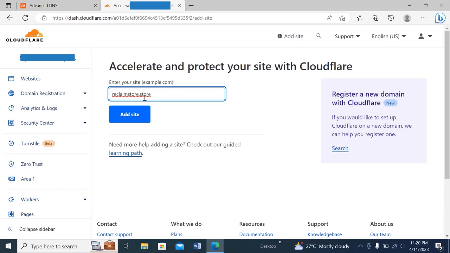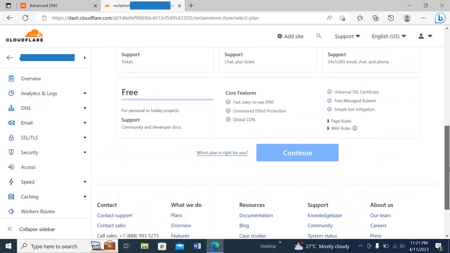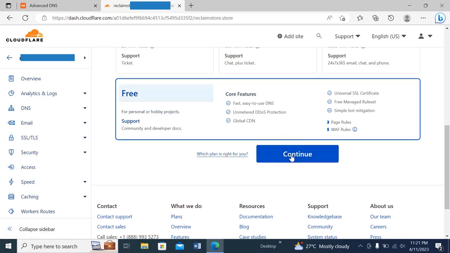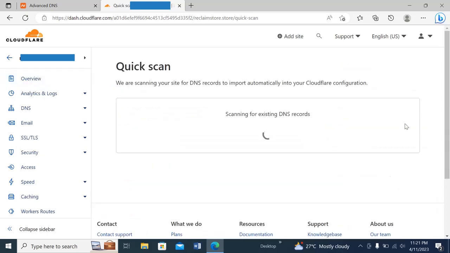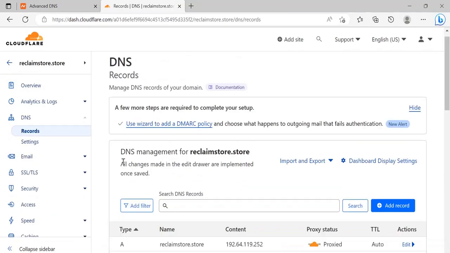which is reclaimstore.store. I'm going to click on add site, and I'll click on free and then click on continue. Here you can see DNS management for reclaimstore.store, and you can find this page under reclaimstore.store and under the